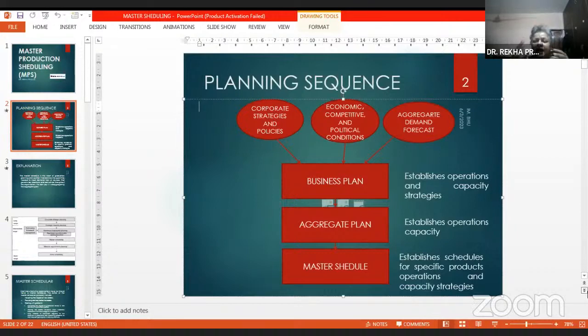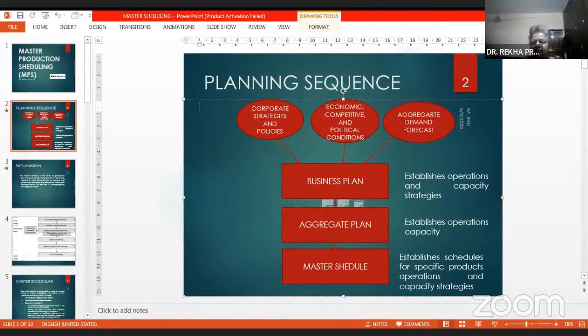Then what is the aggregate demand and forecast? In total, what do you need for that particular period? Aggregate demand is not for the long term, it is for the short term. It comes under tactical decision making. So first of all, you make the business plan, which establishes operations and capacity strategies. Then you make the aggregate plan from there.